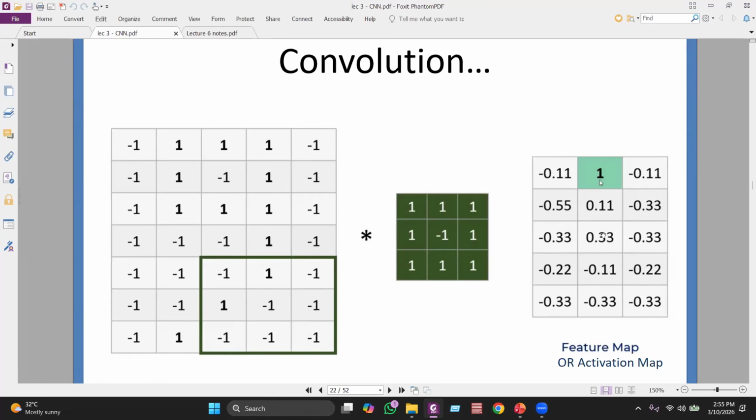Let me write it down. 5 by 3, I know. 5.11, 0.33, minus 0.33, 0.33, minus 0.33, minus 0.22, minus 0.11. Remember this calculation, I might give this problem as a